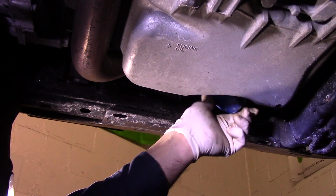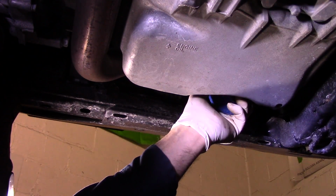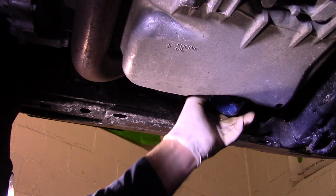Alright, and I will take the filter out. Be careful because you don't want to drop it. Now when you take the filter out, you want to make sure,